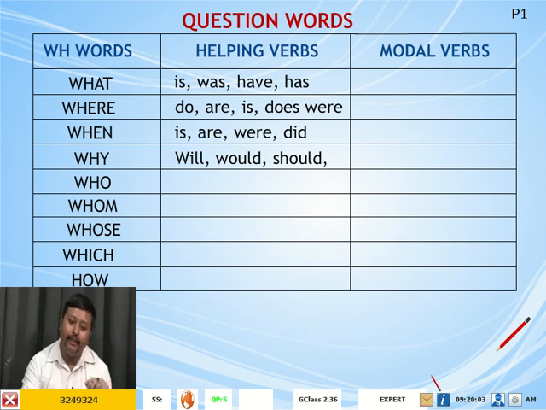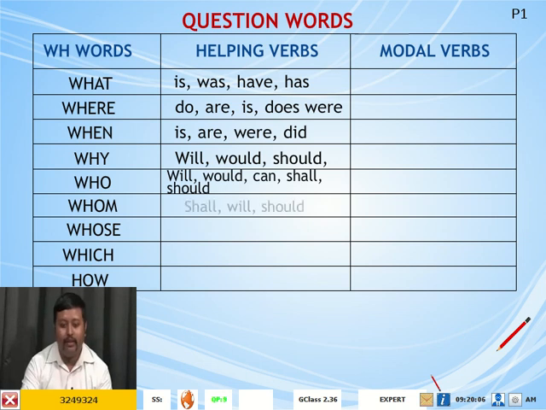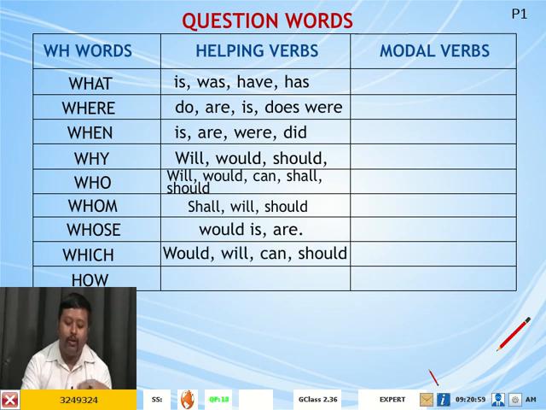Then with whom we have shall, will, should. Then with whose we have would, is, are. And then which goes with would, will, can, should. And then what next? How, with which we can use